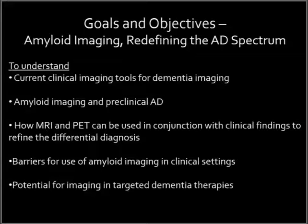So preclinical Alzheimer's disease and imaging in that phase where people are pre-symptomatic or have very early symptoms. How we can use imaging, both MRI and PET, combined with clinical findings to really refine a differential diagnosis. What are the barriers for being able to use those tools? I know most of us in our clinical practices don't use these tools right now, and why is that, and what might be changing in the future,